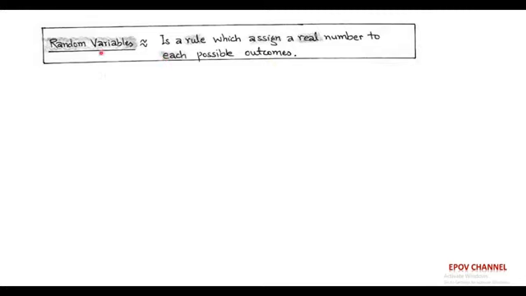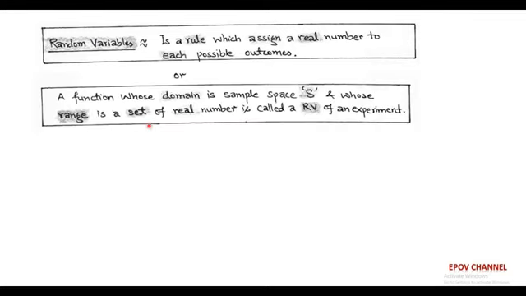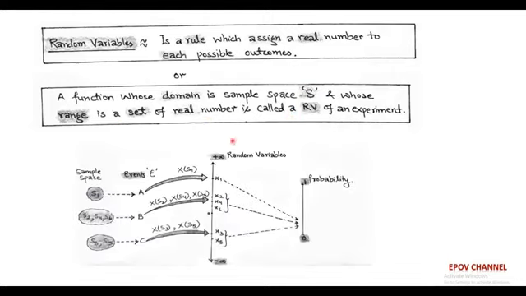Random variables can also be defined in terms of sample space and random experiment. Here, a random variable is defined as a function whose domain is a sample space and range is a set of real numbers. For example, again we take a random experiment of throwing a dice. Here there are 6 possible outcomes called sample points, and their combination represents a sample space.